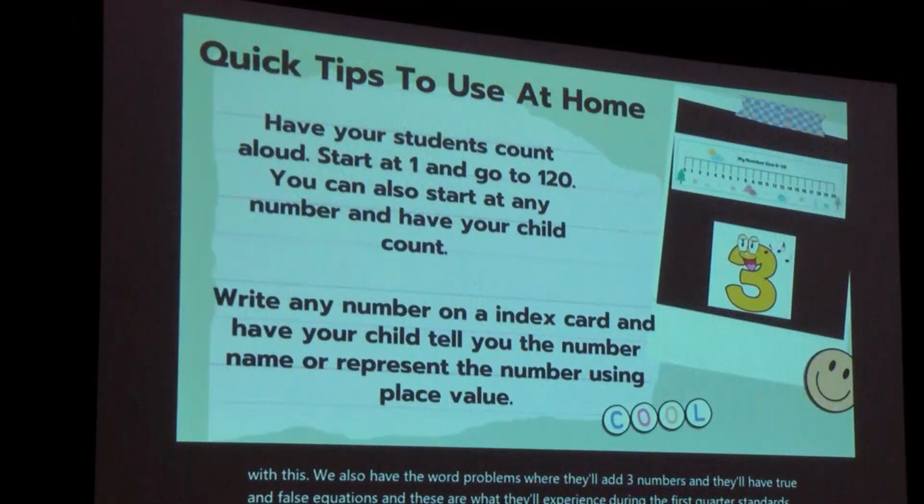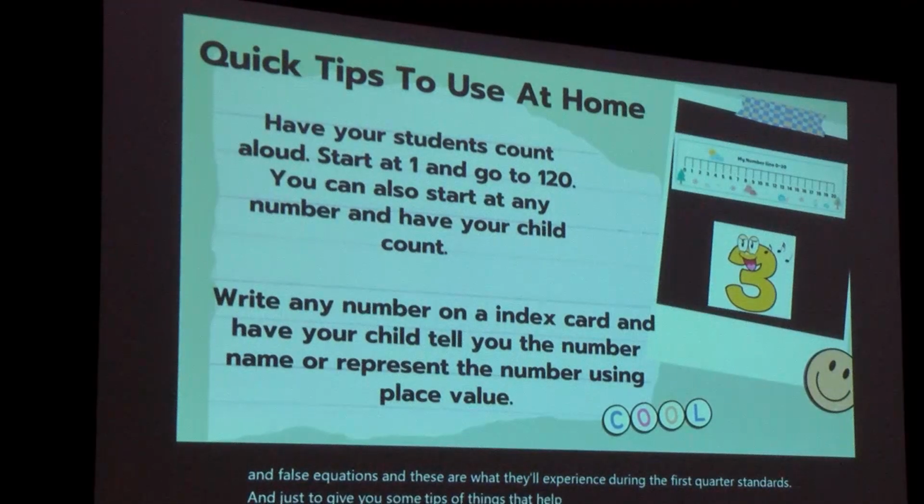And just to give you some tips of things to help your student at home, things that are low cost and things that you can just do at home. By the end of first grade, our students should be able to count to 120 by any given number. Just count daily. When you're having those conversations, you can ask your student, can you start at 15 and count to 30? Can you start at 30 and count to 75? I know it seems like a lot, but that's a simple conversation to have with your child, and that's a good way to get that number fluency, cardinality, and routine that they are learning how to count those numbers and what goes